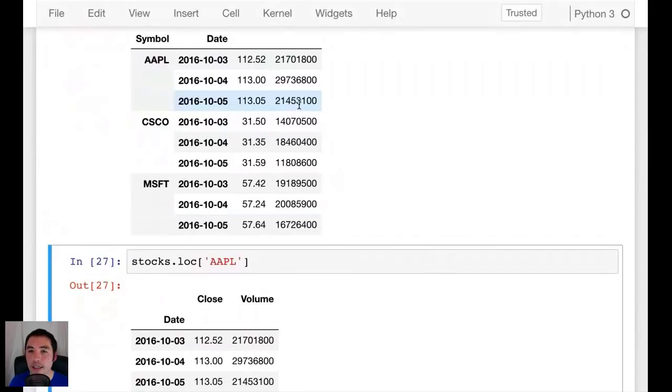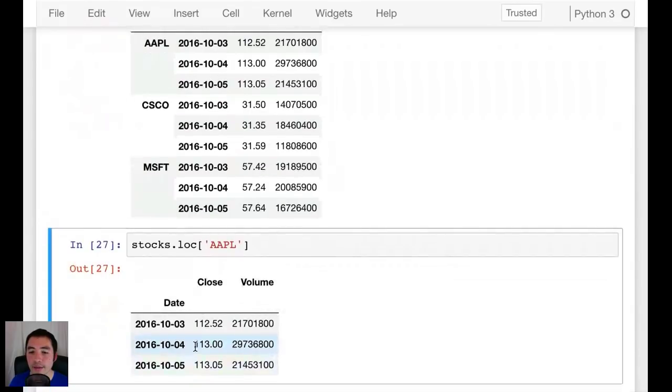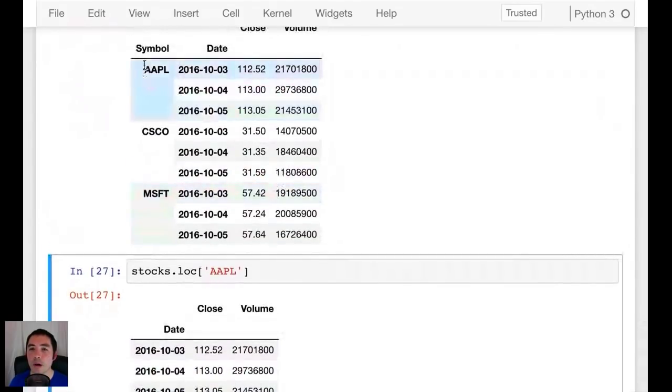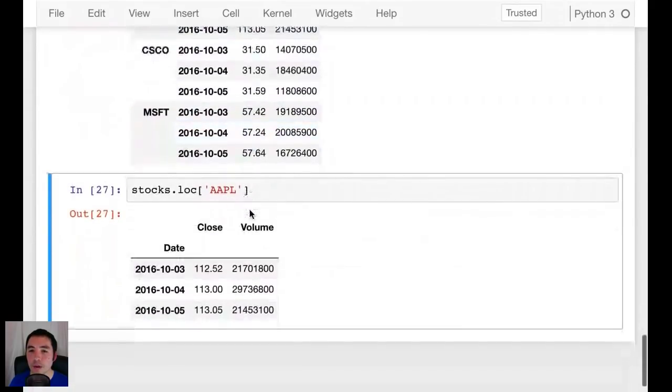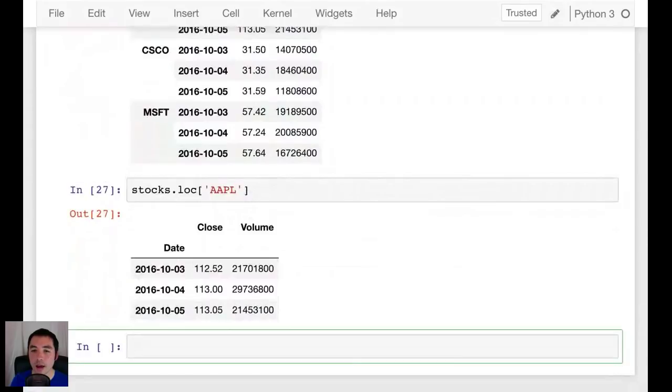I'm just selecting this little block of data when I select Apple, and that is exactly what I get. All right. Now, what if I want Apple on October 3rd? Well, your first thought might be, how about Apple and 2016, 10,